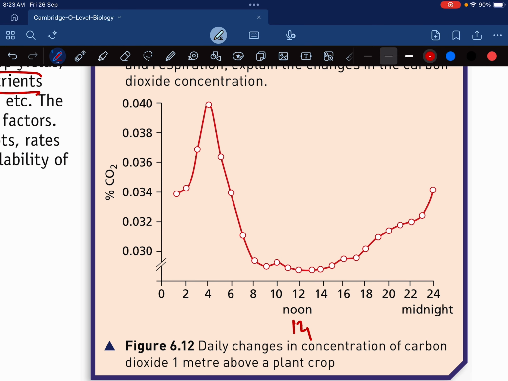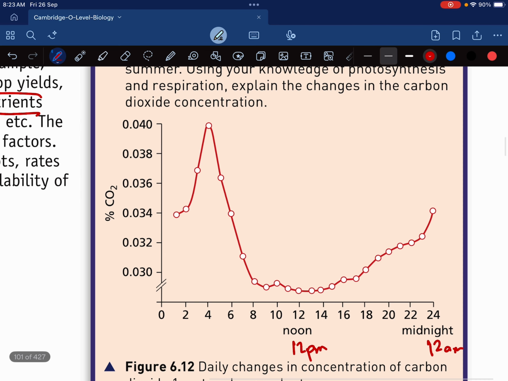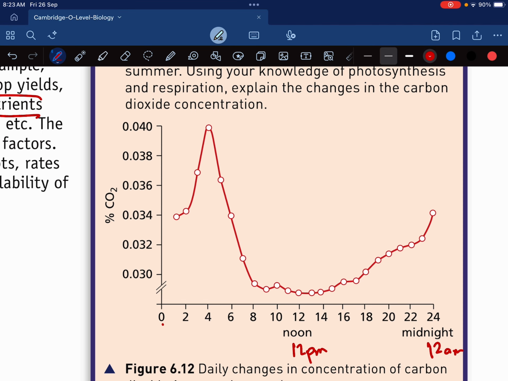This is 12 PM by the way, just so you guys can know, and this is 12 AM, so it's easier for you guys. अब now they're saying यहाँ ये सुबह से लेकर दोपहर तक, you can see around 2 AM, आपको 2 AM से लेकर maximum peak गई है 4 AM, right? 4 AM तक. तो ये जो increase in carbon dioxide concentration इतनी आई है,